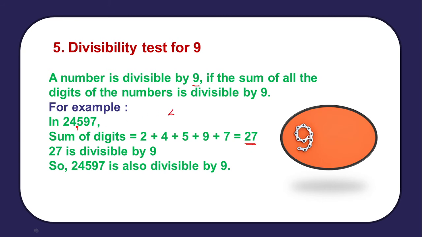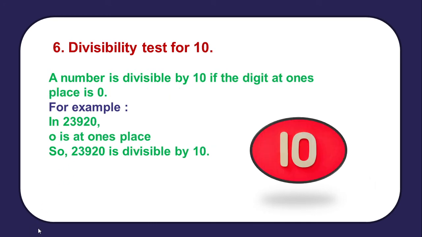So if we have a number something like 4005 and we need to check whether it is divisible by 9 or not, go for adding the digits. 4 plus 0 is 4. Then 4 plus 0 again is 4, and 4 plus 5 will be 9. And 9 itself comes in the table of 9. That's why we can say 4005 is also divisible by 9. So these are certain tricks which will help us in checking the divisibility.